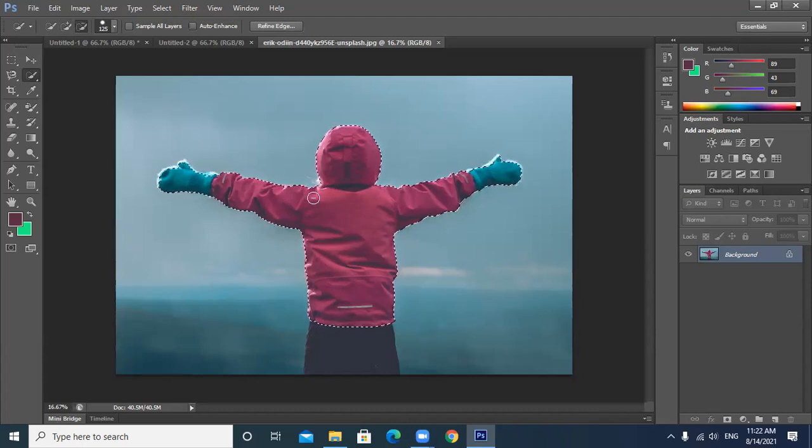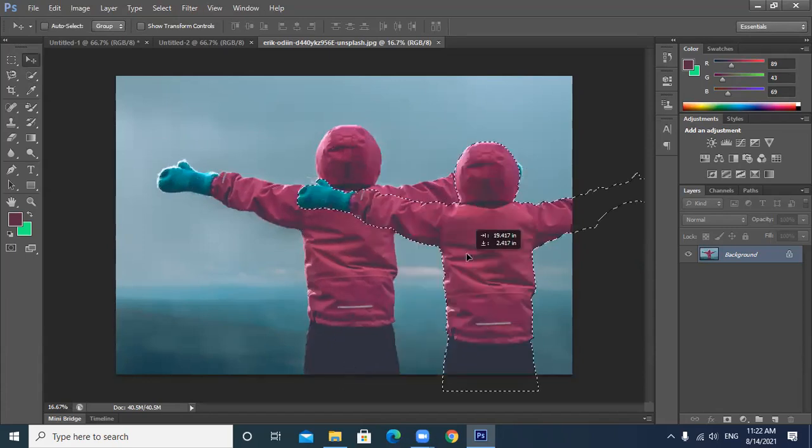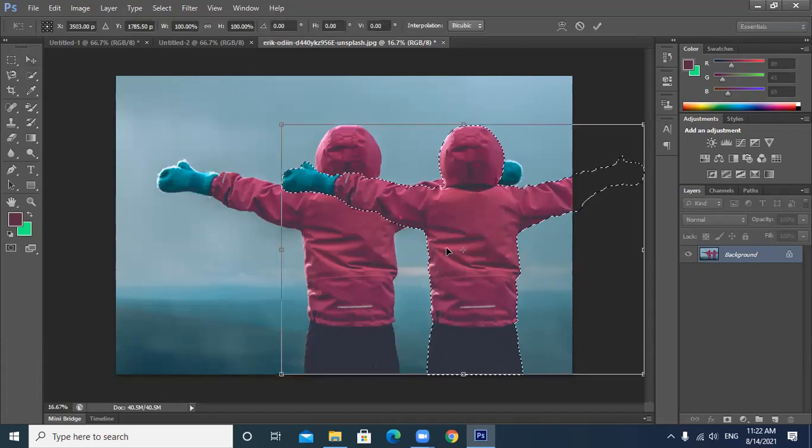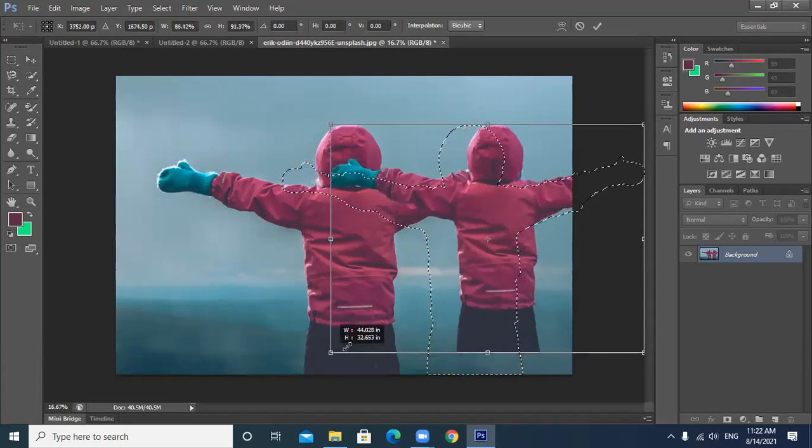Now, what if I want to make a copy of it? If I want to make a copy, then हम पूरी इमेज ले लेते हैं. चलो, Alt, right? Using the move tool, press the Alt key. You are taking a copy, right? Now, for doing the transformation, Control plus T. For doing the transformation, the shortcut key is Control plus T.